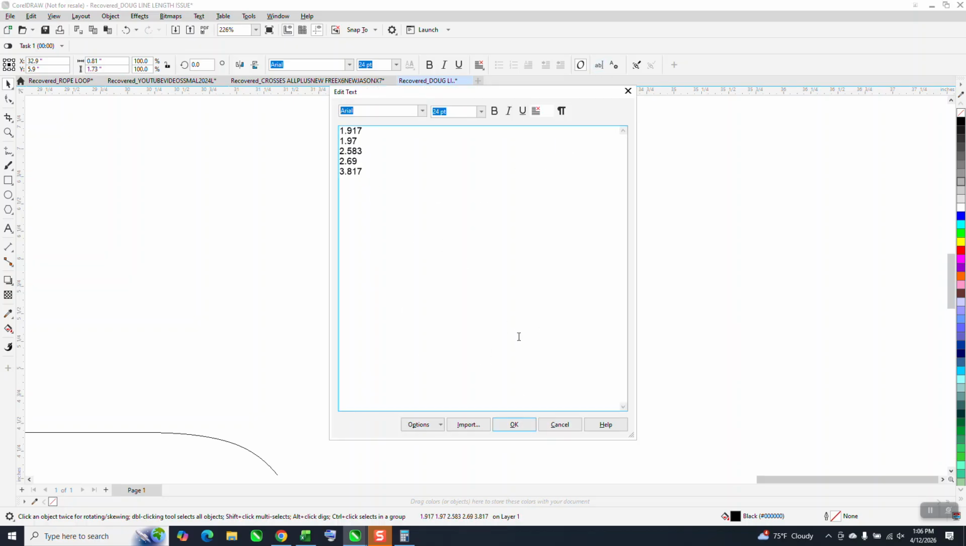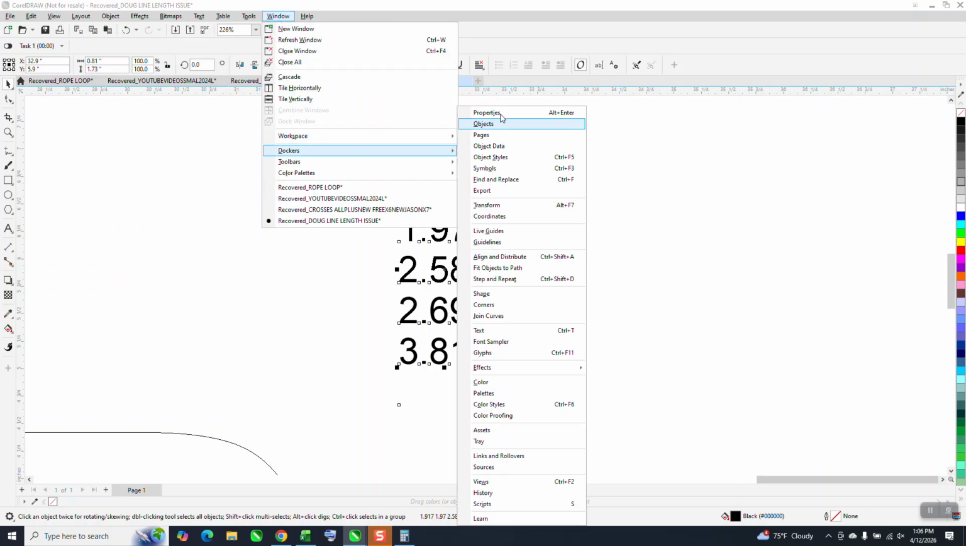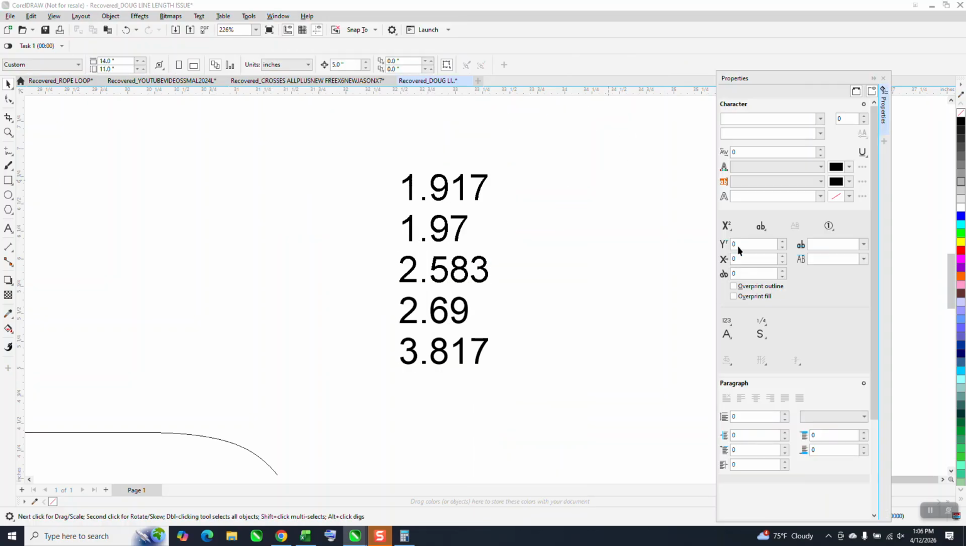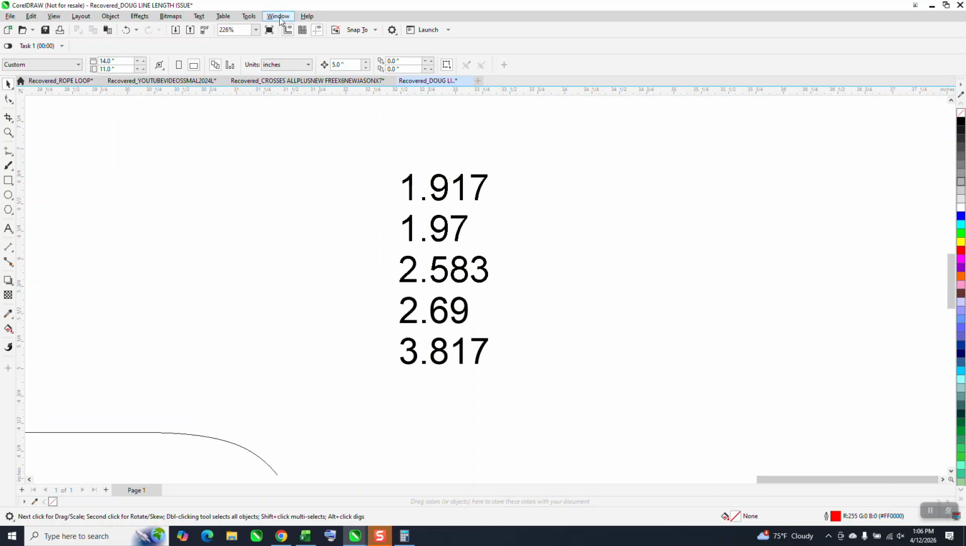And the other thing is I use the properties docker a lot, and I've never thought about having a hotkey, but if we go to Windows Docker, in the object is alternate enter. So all I have to do in the future is go alternate enter and my properties docker will come up. That might be a little bit hard. And we already use P for center of the page, but since this is the property docker, let's just go ahead and do this. Let's go tools, options, customization,